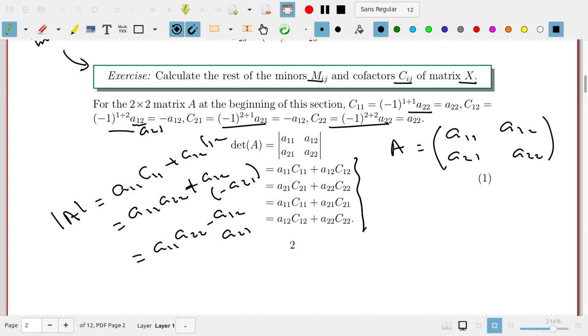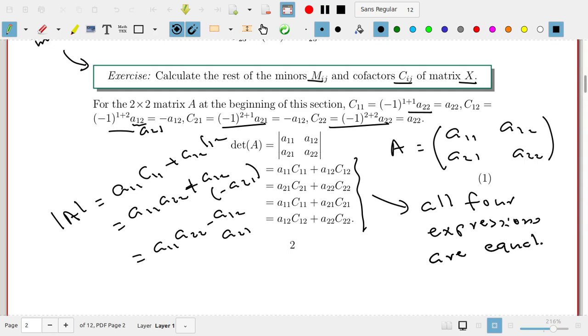Notice that all of these four expressions are equal. Okay, so M12 is actually A21, and C21 should actually be equal to A11. I'll have this corrected. And C22,